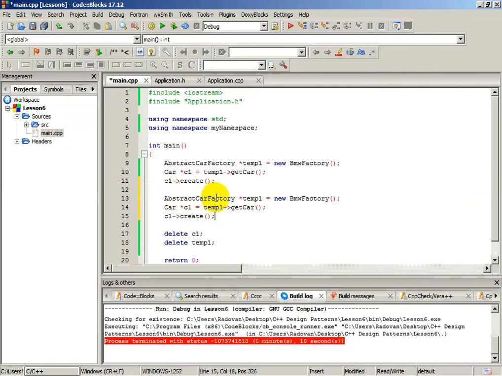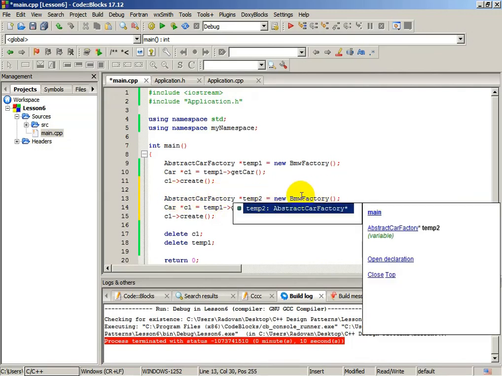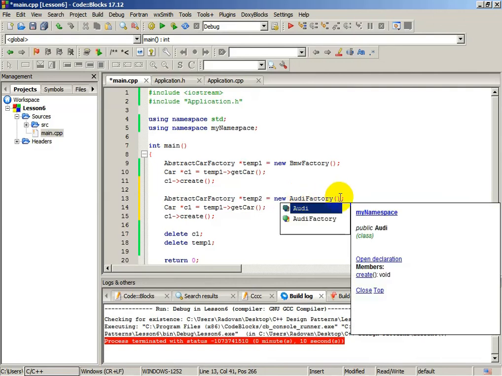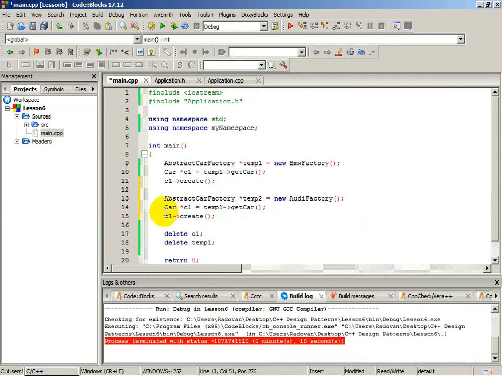This abstract car factory, the name will be temp2, and it will be new Audi factory. The car will be C2, car number 2, and we will call get car function from temp2 object, which is Audi factory, and we will call create function from car number 2,